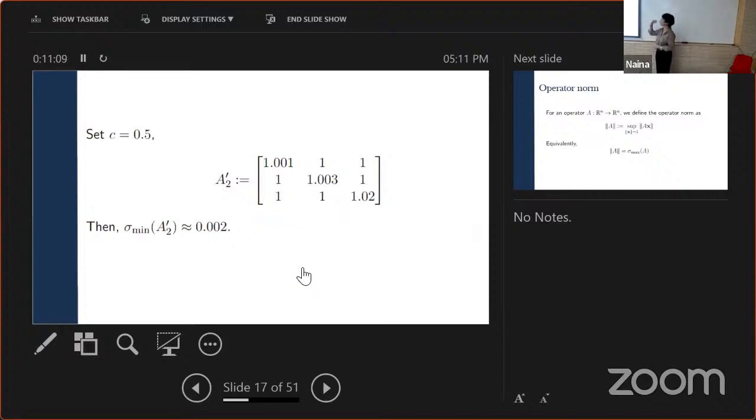So for example, in the previous thing, if I were to set C to be 0.5, which is to say I don't want any of my vectors to be shrunk below half its size, then for this very slightly perturbed matrix, we can see that the least singular value is approximately 0.002. So this is to say that there is actually some vector that goes to almost 0, twice 2 times its size. So it's really, really close. So obviously this whole matrix cannot be well invertible. So you would see that invertibility wise, this matrix has rank 3, but well invertible wise, it's not rank 3.